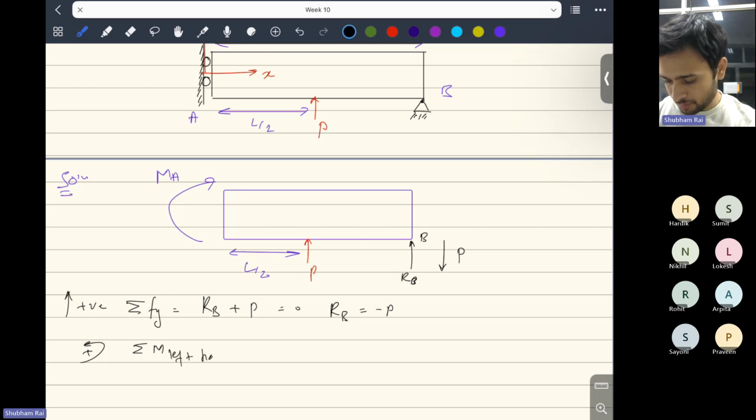I'm just writing moment balance about the left end, and that should be equal to 0. It means at the left end you have minus MA, because this will be going in the minus z direction. If you apply the right hand thumb rule, it goes in the minus z direction, and we have taken plus z direction to be positive. So that's why this will be minus MA,